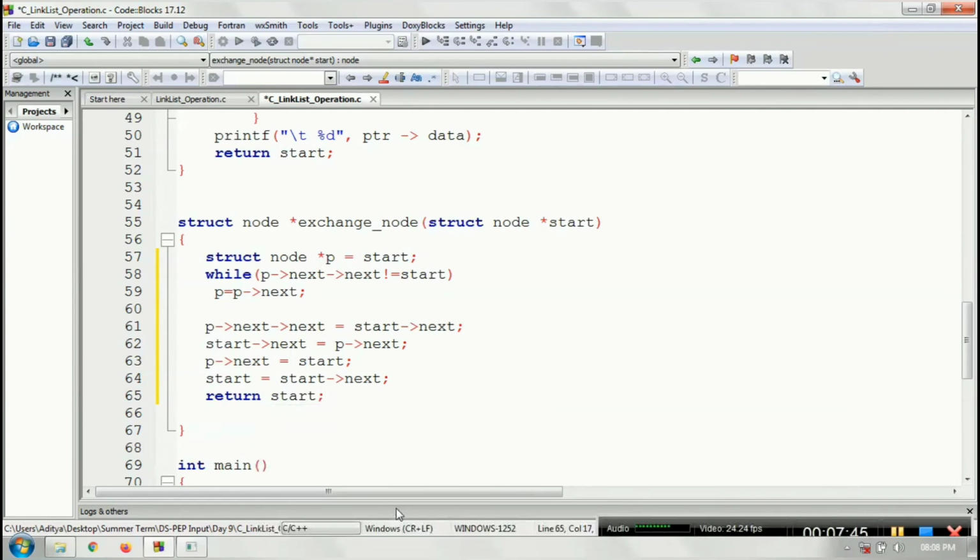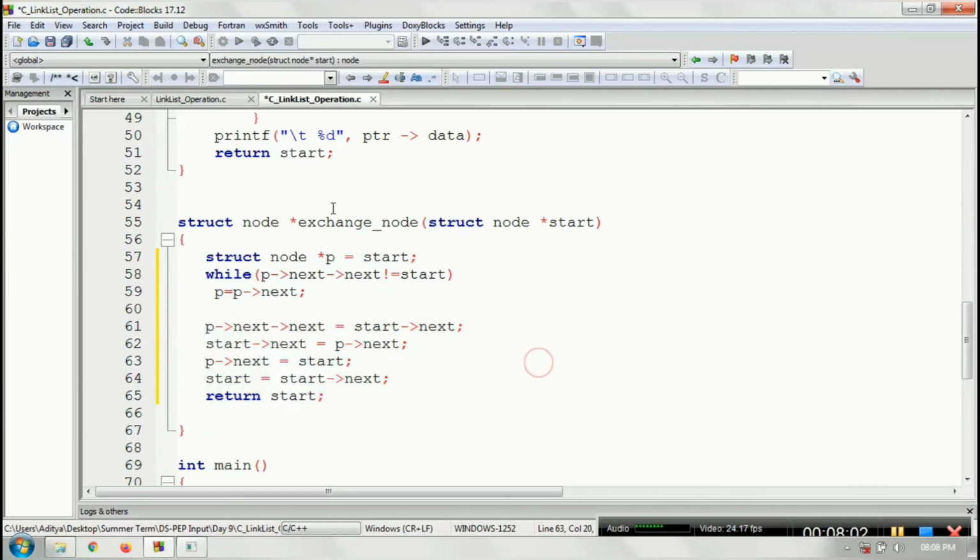Okay, this is the idea. These 4 steps are basically for exchanging the first node and the last node and maintaining the pointers. 3 times we are updating, and the last time the start should start pointing to the last node. That is the only requirement. Okay, so this is the idea.